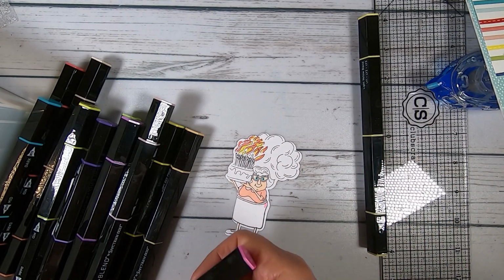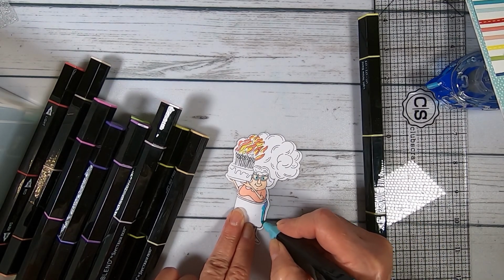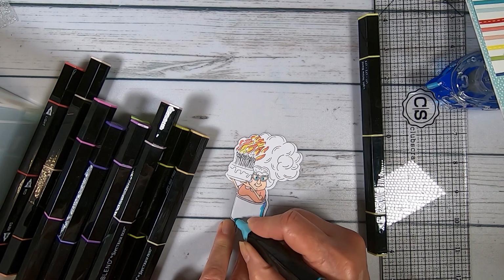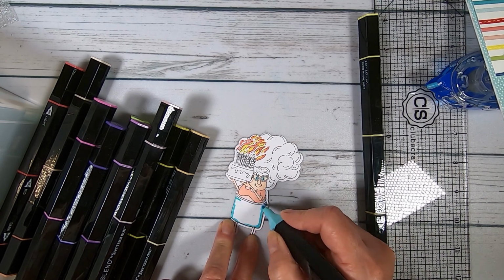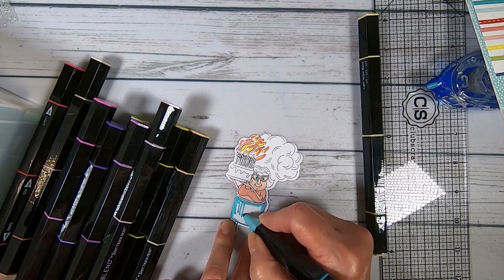Well, see, I was going to go with pink, but that doesn't go at all. So she has kind of a coralish pink top. So I'm going to go ahead with kind of a turquoise skirt here and just kind of outline it and put some...